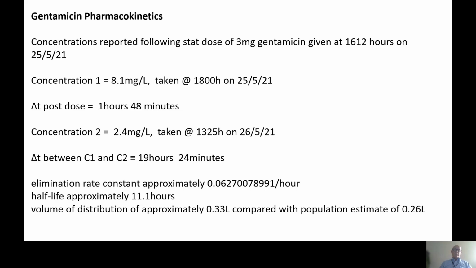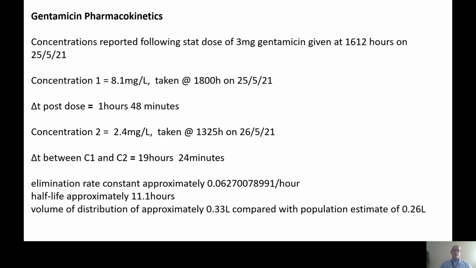So the consult is documented thus. We've got a dose of 3 milligrams given at 16:12. The first concentration was 8.1, and this was taken 1 hour 48 minutes after the dose was administered. The second concentration is 2.4, which was taken 19 hours and 24 minutes later. So we can calculate the elimination rate constant by taking the natural log of 8.1, subtracting